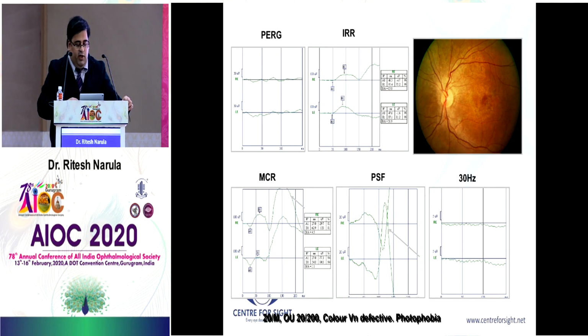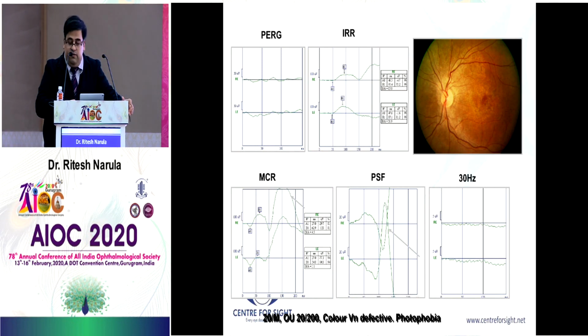This is a patient, 20-year-old, visual acuity 20/200, color vision defective, photophobia. Pattern ERG, that is from the macula, is gone. You have photoreceptor responses, that is a reduced response. So rod bipolars are working. Rod photoreceptors you have some function, but cone responses are totally gone. So rods are somewhat there, but cone response is gone, macula gone.